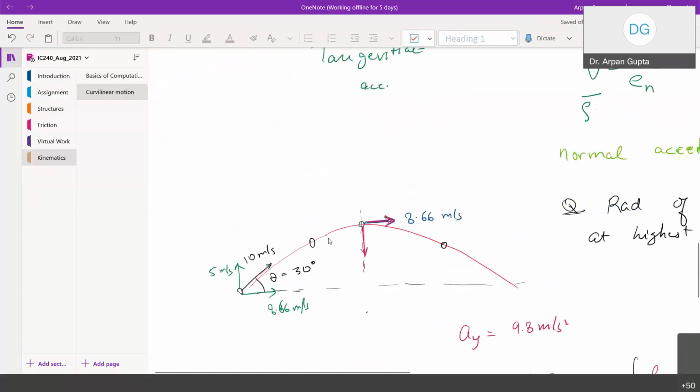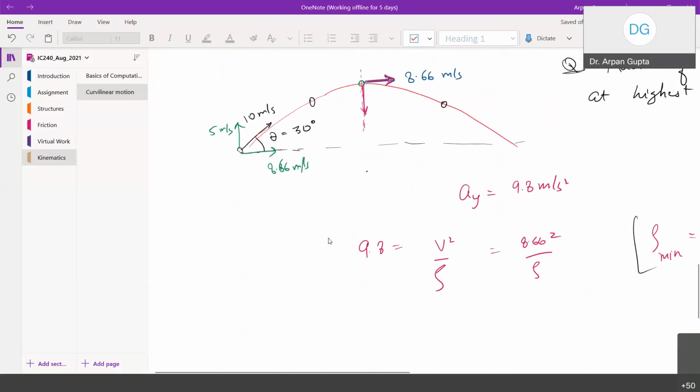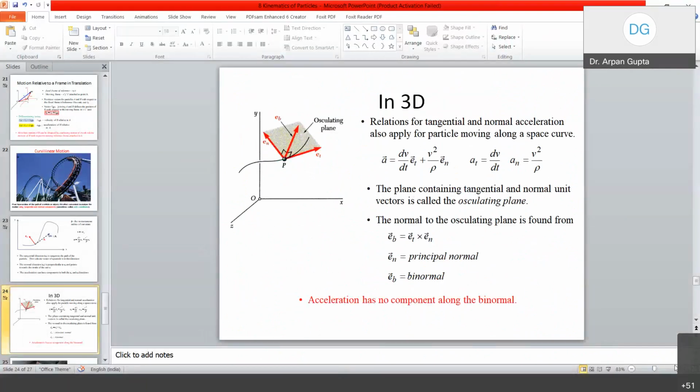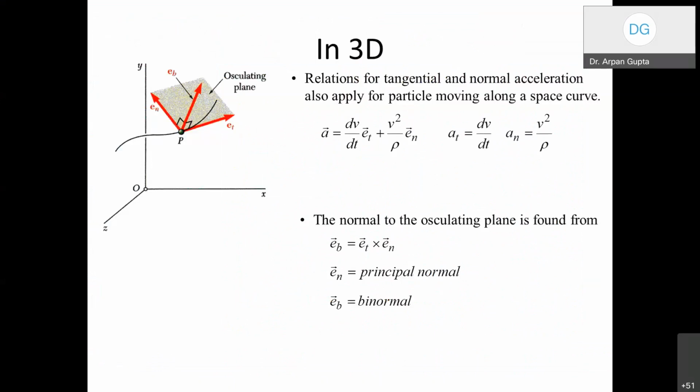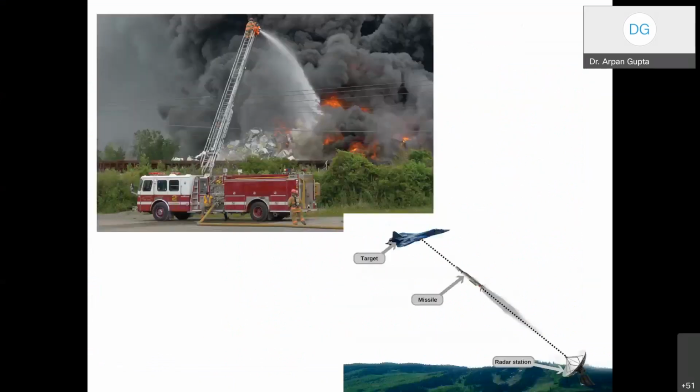So that's a simple application of what we have seen in the last class. Now going ahead, the discussion for today's class is, I would say, quite interesting, and it is to do analysis for systems something like this. I hope you can see my PowerPoint screen. Let us say we have a firefighting truck or firefighting equipment, this thing here.